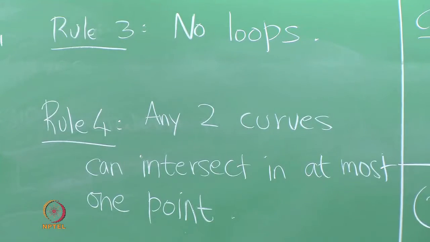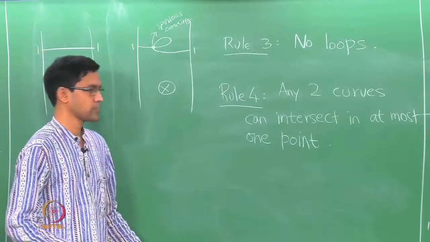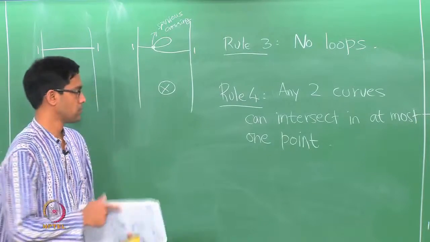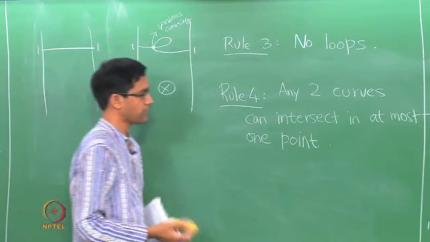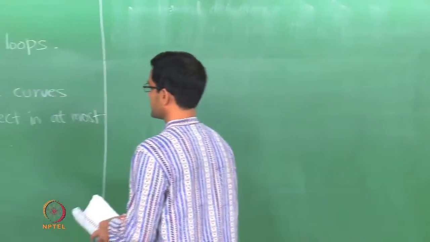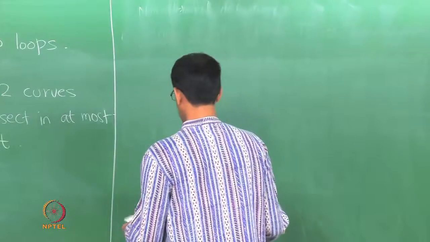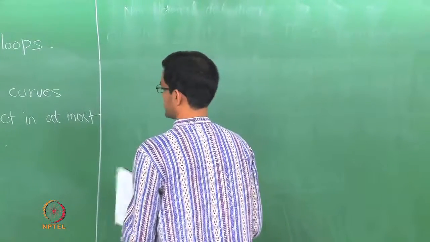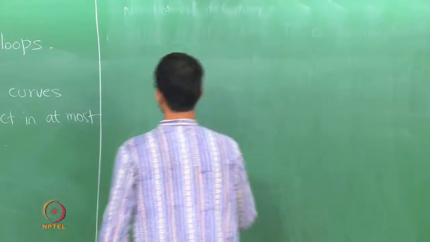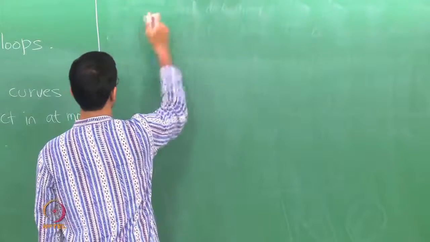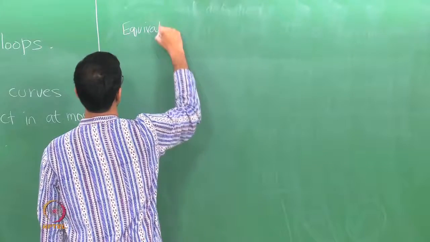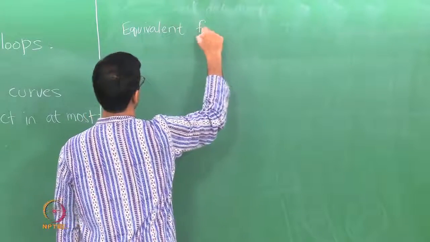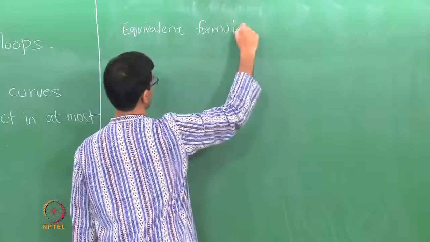So if you put that in place, then the configuration that we drew with two curves hitting each other along a loop like that wouldn't be allowed anymore. Another way of formulating these rules 3 and 4 is to say you just draw the tangle in such a way as to minimize the number of crossings that you produce. So here's an equivalent formulation of rules 3 and 4.